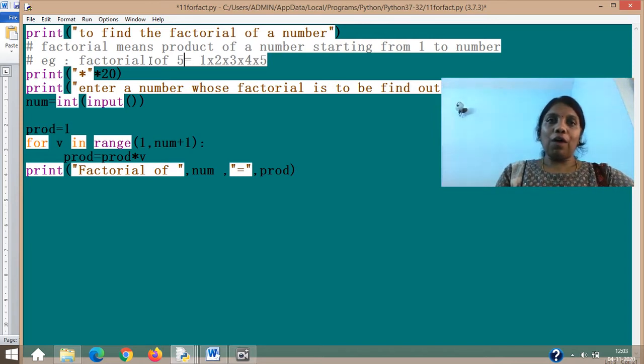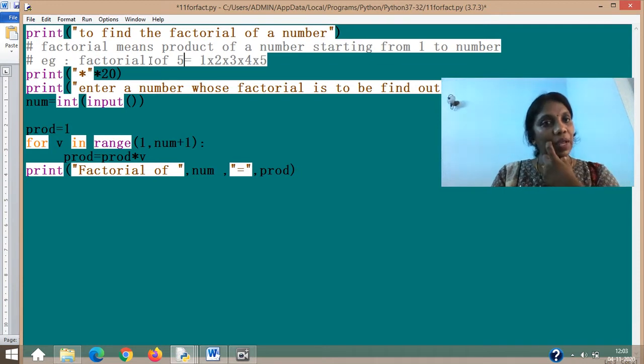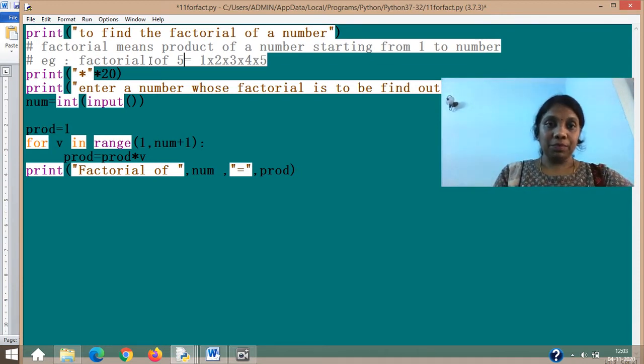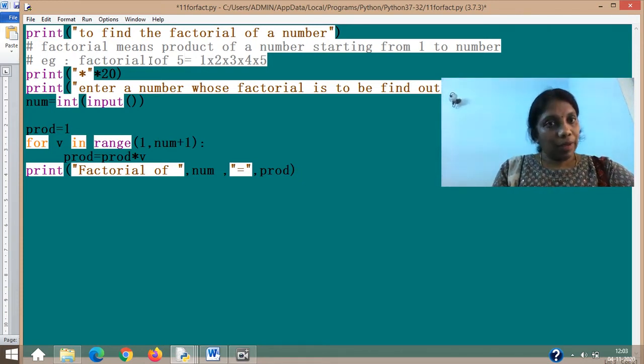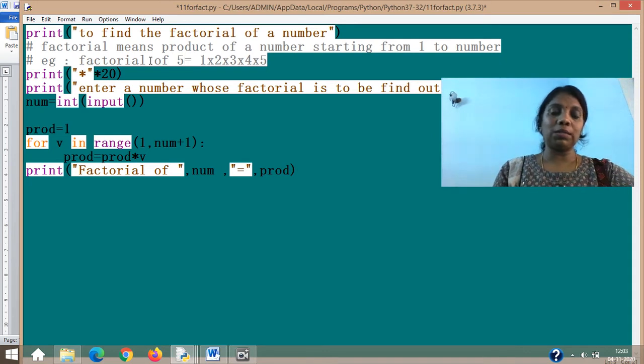See, when you wanted to find the sum of a set of numbers, the first variable to which we are going to store the sum, we initialized or assigned it to 0, because we know any number added with 0 will give you the same. When you want to find the product of a set of numbers, the variable to which the product has to be stored should be assigned with 1. Why? Because we know the first value which we are going to multiply and keep it. If you want that to be there, any number multiplied with 1 will give you the same number. So that concept should be now clear.